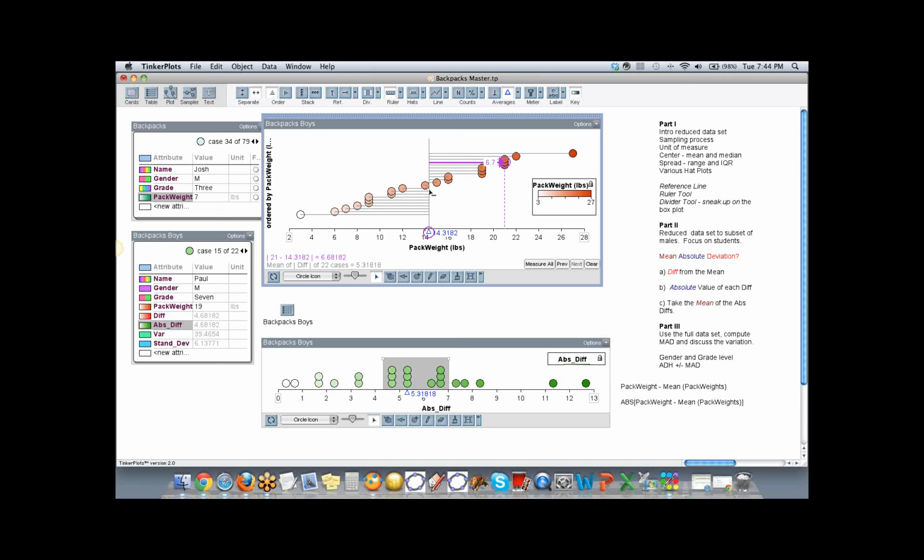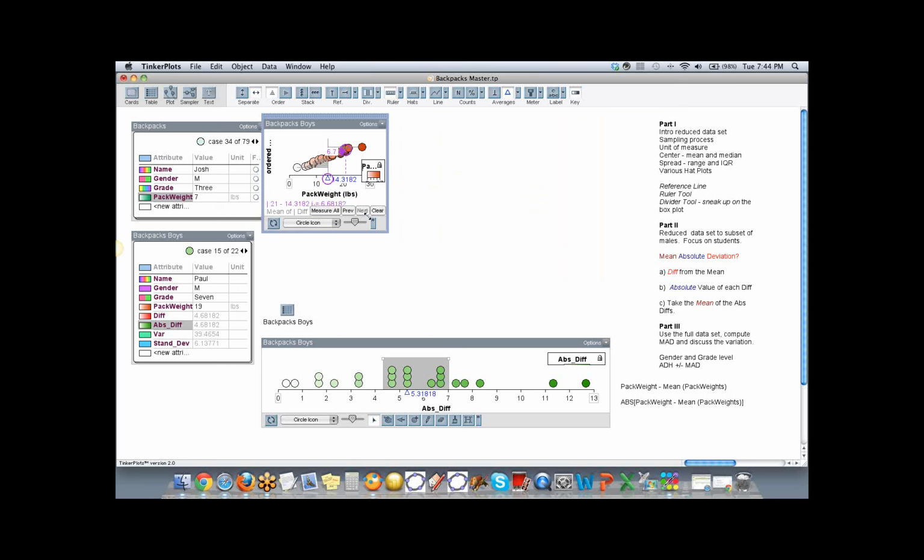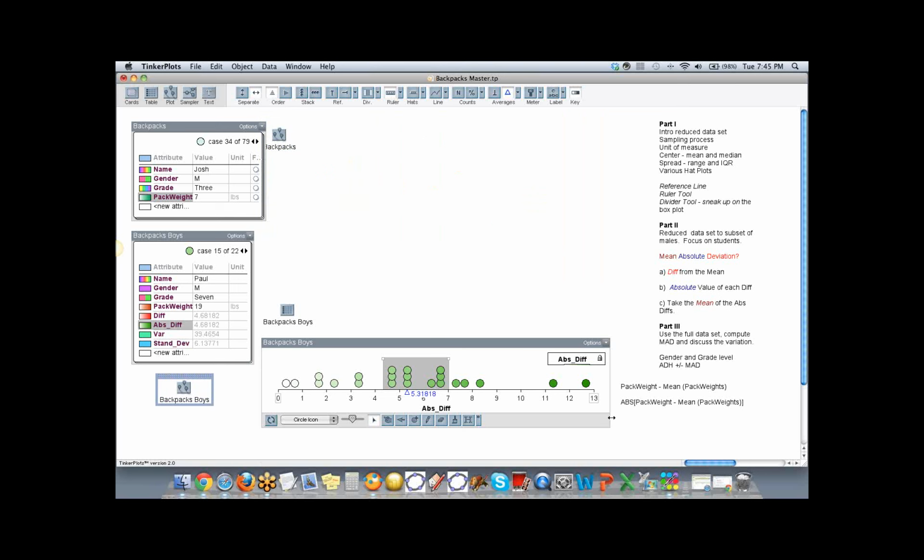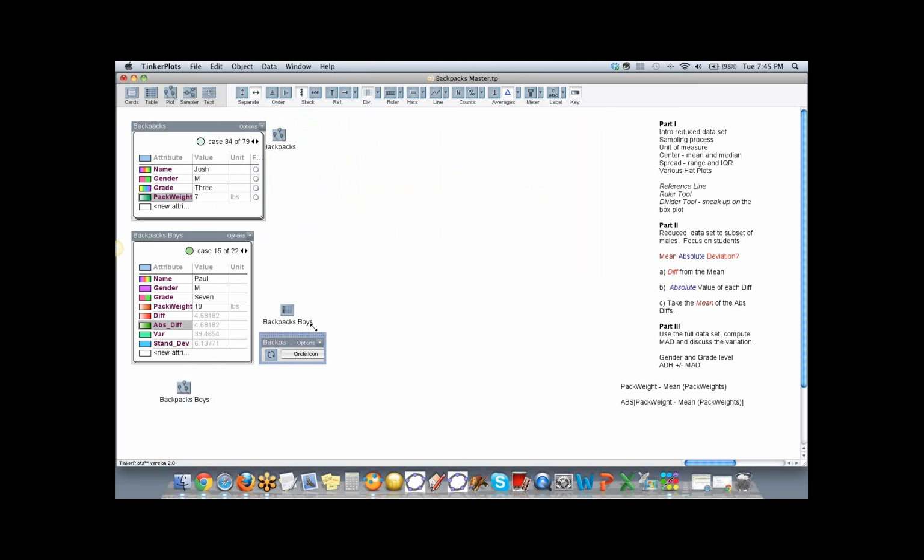So I'm going to break from this section of finding mean absolute deviation, and we're going to go back to our full data set. One of the features I have on tonight: notice that I can drag this across the cases.